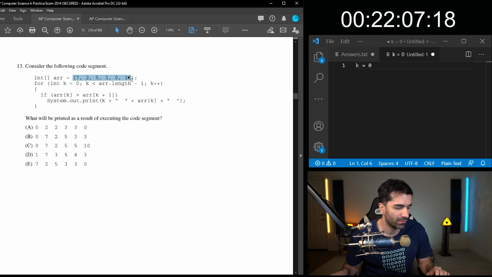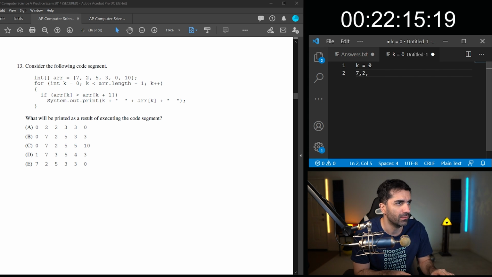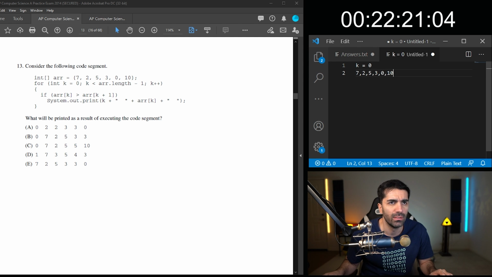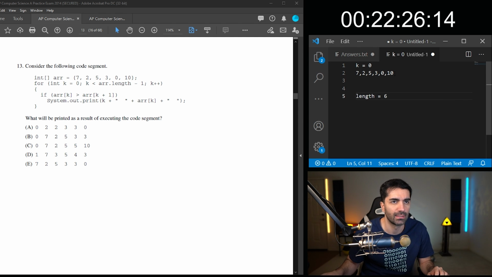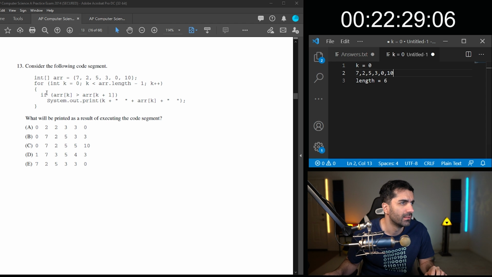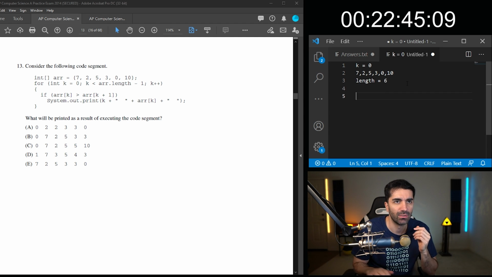Our array is 7, 2, 5, 3, 0, and 10, so it's 1, 2, 3, 4, 5, 6, and length equals 6. If array[k] is greater than array[k plus 1], print out k, space, array[k]. Okay, let's just run it through and see what it prints out.